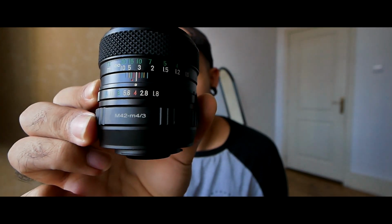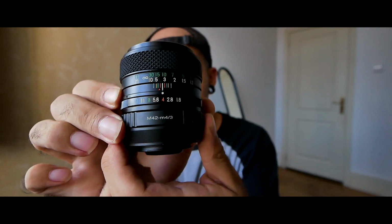For example, with my Pentagon 29mm it doesn't happen, maybe because it's a newer lens, it's a vintage lens, but it's newer than the Fujinon 55mm that is from the 70s, I think. And with the Fuji I have some issues, as I told you before, because it's stuck on an aperture, stuck on a number, and to change the aperture, I'm going to show you right now. For example, let's say we are at f4 at the moment, and I want to change the aperture, and it's just